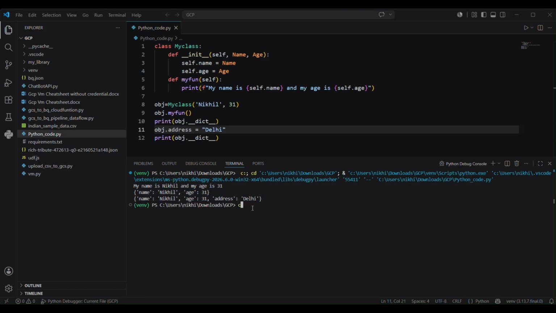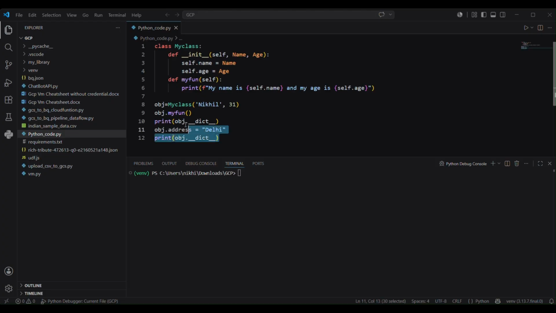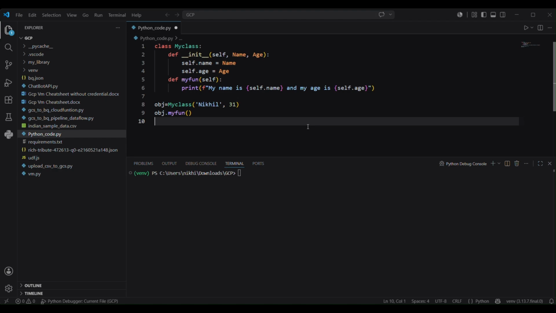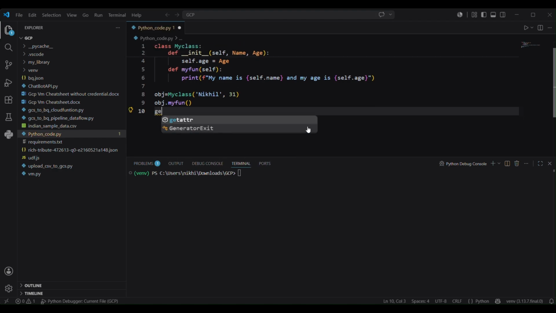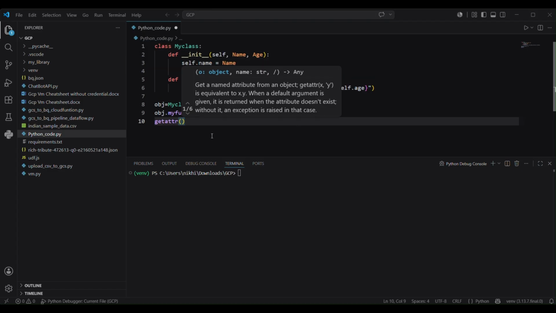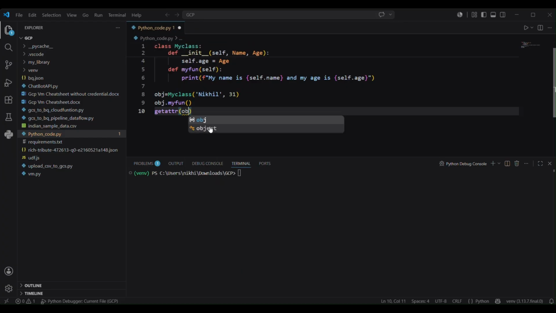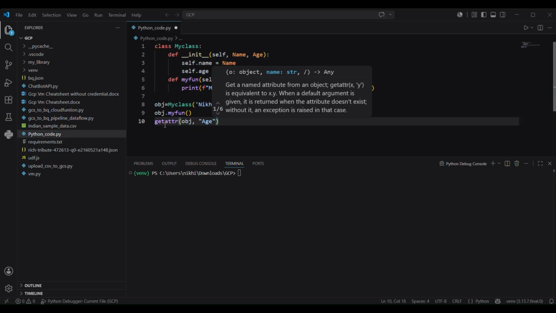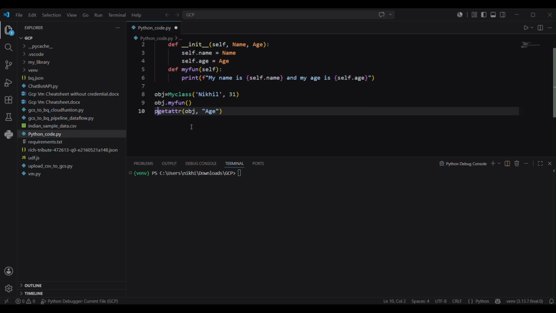Otherwise, there are some functions you can use. Let me show you. The first function is the get method. With the get attributes you can get the value. Inside the get attributes you define the object name. Our object name is object, and I want to output the age. You need to define the variable, meaning the attribute. So you'll get an attribute name here. So when I print it